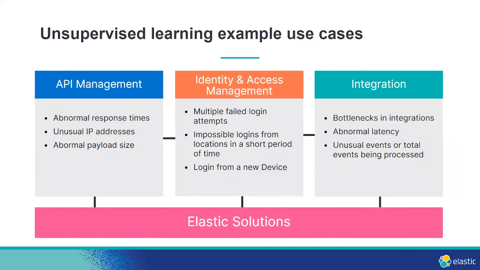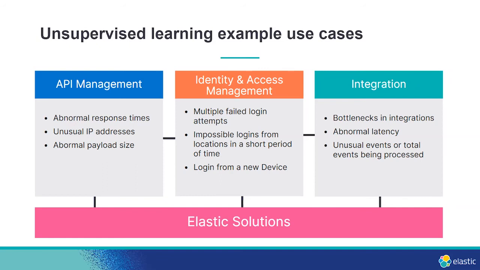For example, as Renan mentioned, we need API management. So we can detect, for example, abnormal response times, unusual IP addresses connecting to our API management, and abnormal payload sizes, because it can be an XML bomb or JSON bomb. By using it in an identity and access management platform, we can detect multiple failed logins, impossible logins from different locations, bottlenecks in integrations, and so on. There are so many opportunities here for you to be ready to go when we are talking about fraud detection